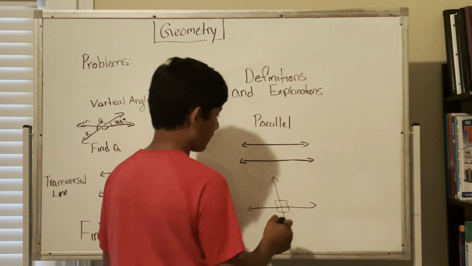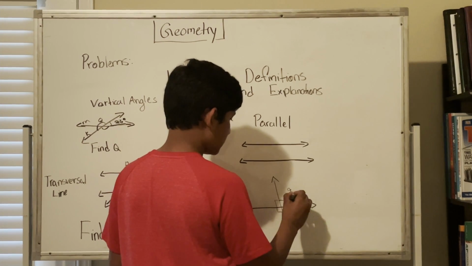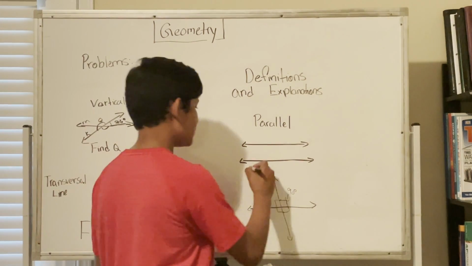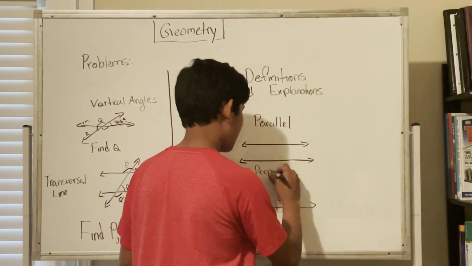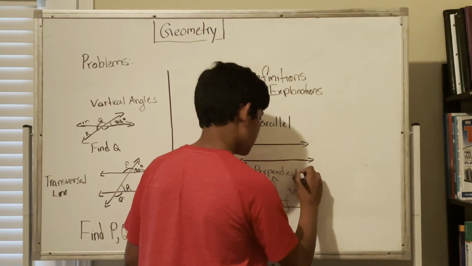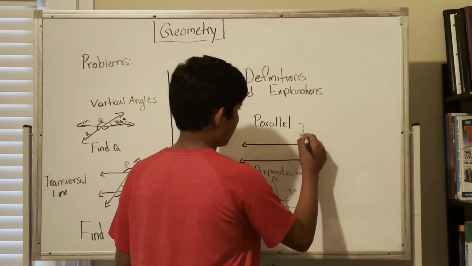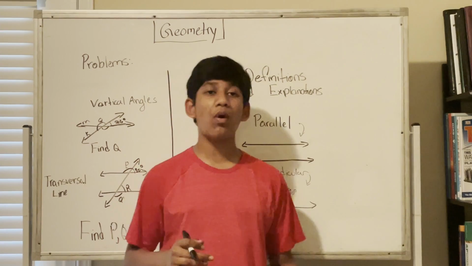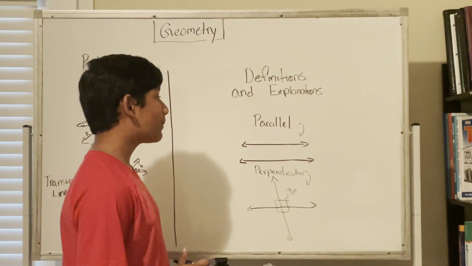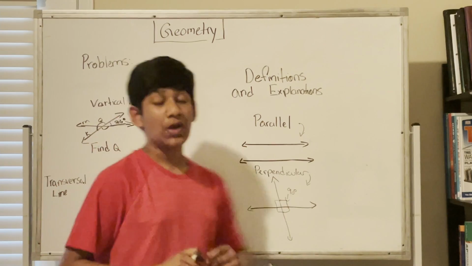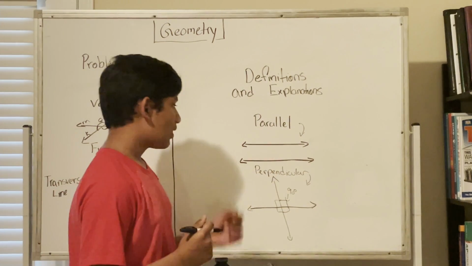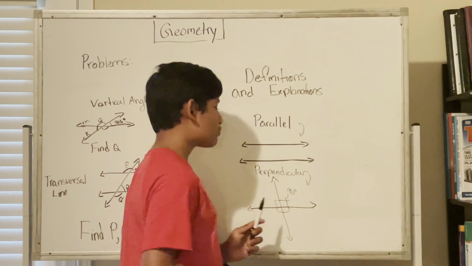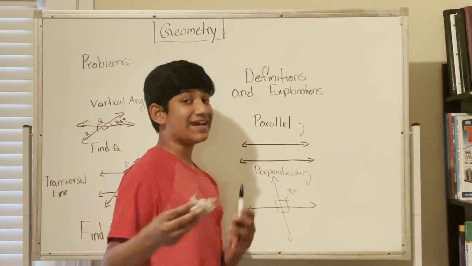As you can see, we can form a perfect square over here, 90 degrees. Okay, parallel and perpendicular lines are very important because this over here is perpendicular, this is parallel. Perpendicular and parallel lines are very important because they possess some of the most important properties in geometry. As we'll see a little bit later, parallel lines are very useful when dealing with this problem over here. Perpendicular lines we're not going to be talking about a lot today, but they do have some relevant properties, like because they intersect at 90-degree angles.